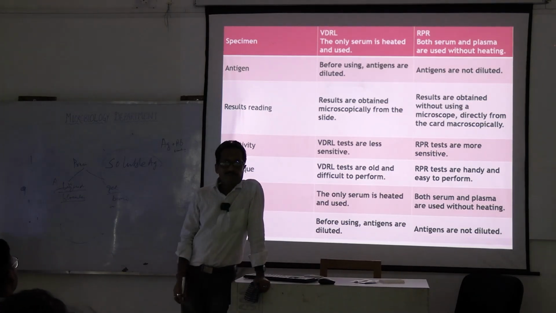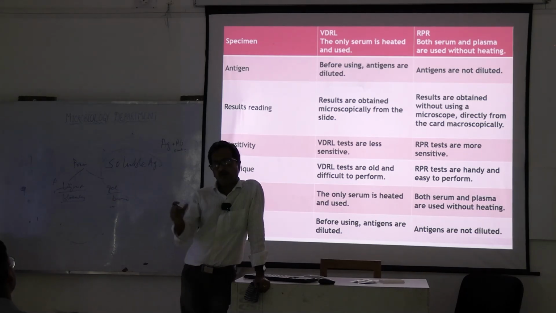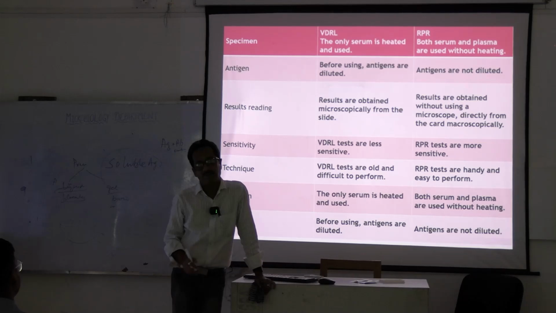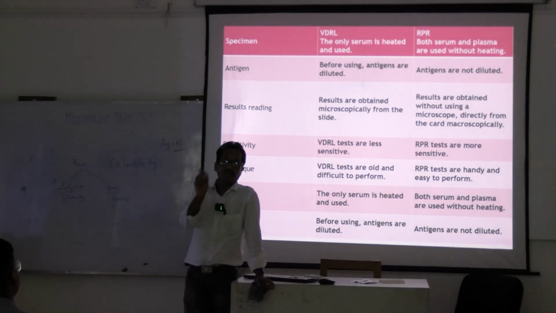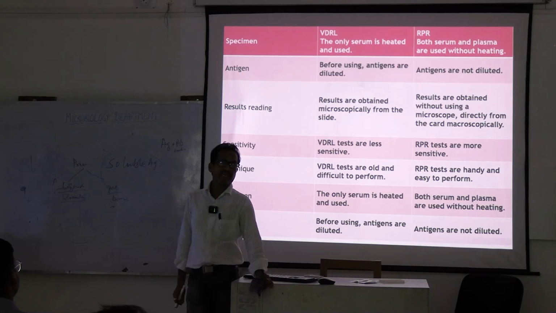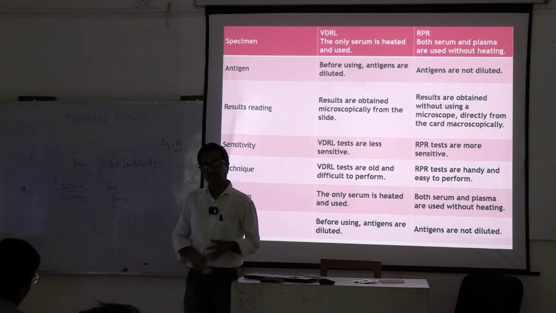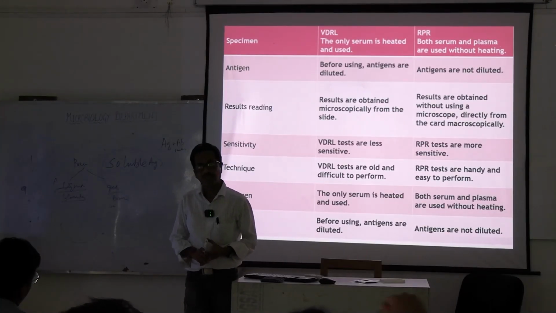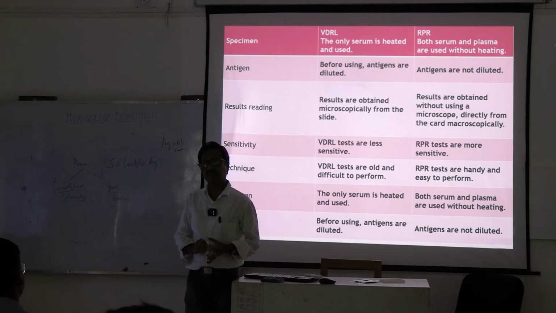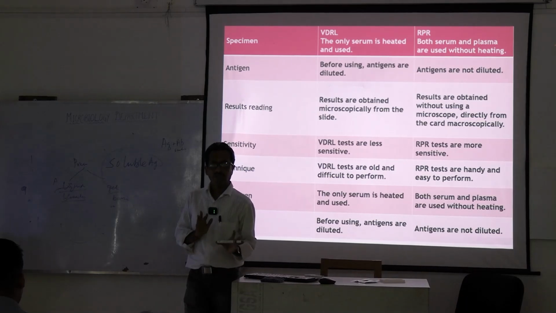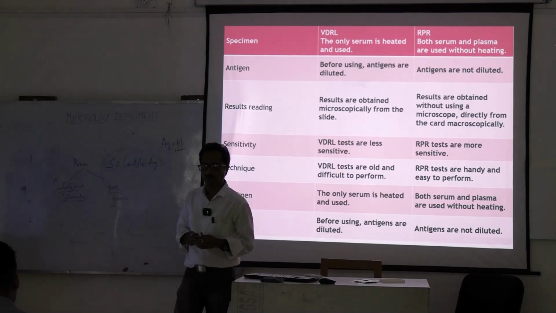Can we do that? Still, why is VDRL kept? Even though RPR has a kit and VDRL is a more tedious process, we still keep VDRL in our lab. Because if you want to know the titer in the CSF, that is in neurosyphilis, you have to go for VDRL. RPR cannot be used in CSF. RPR can only be used in serum samples. So we need VDRL, because for CSF only VDRL can be used.